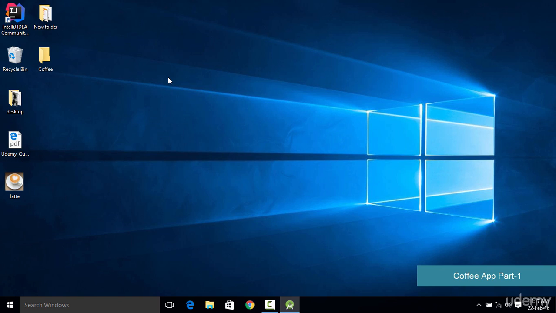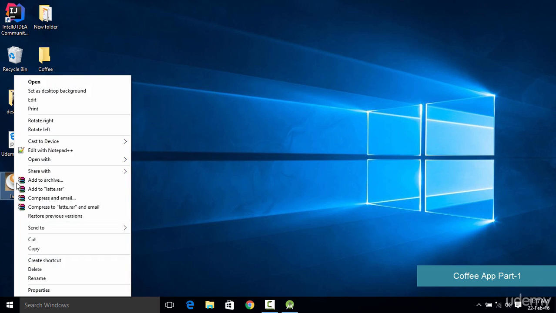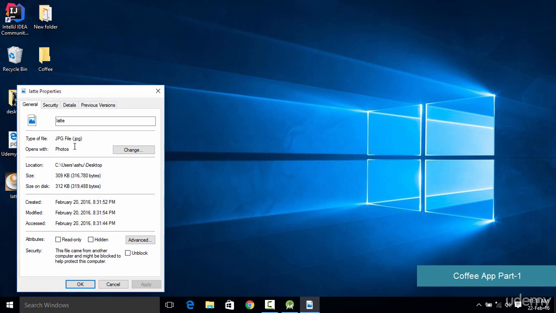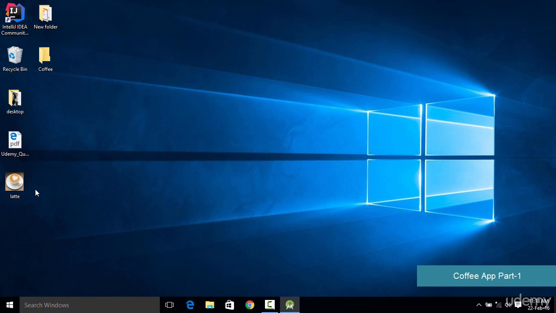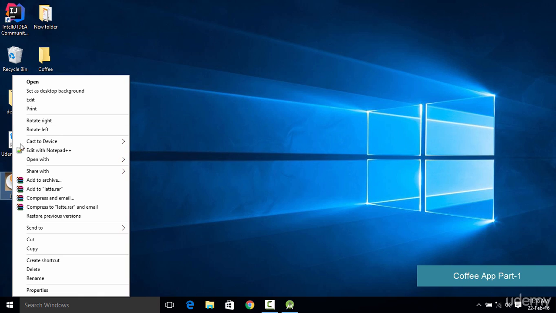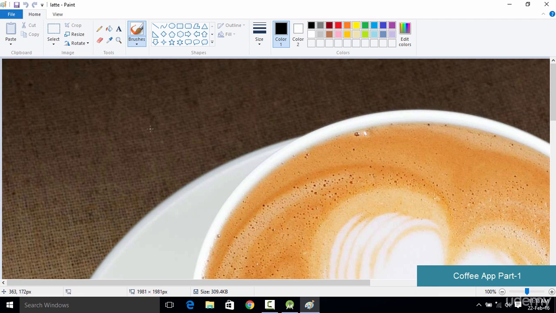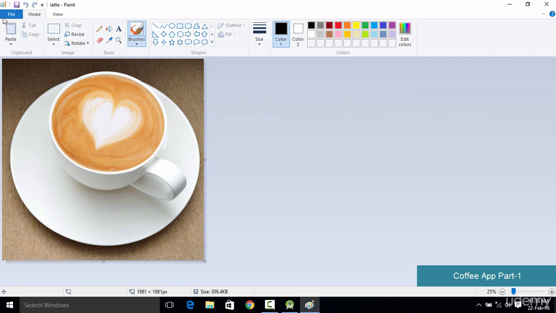Chances are most of the time the images which we are going to use are going to be in the JPEG format, but we actually want the images in the PNG format. In order to solve this issue, as you could see, I have an image here which is in the JPEG format. If we go to properties, this image is in the JPEG format. To convert it into PNG format, simply right click on it, click on edit, and as you could see, this is our image right here. Now go to file, go to save as,